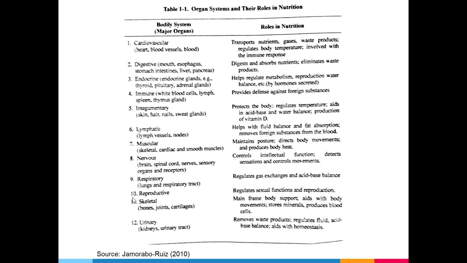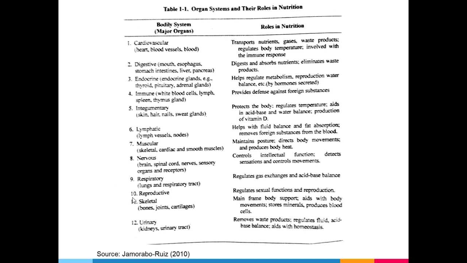Okay? If the nutritional status of a woman is not good, like if she is obese or underweight, she is also less likely to get pregnant. So yeah. We also have the skeletal system. Our skeletal system houses the bones, and the bones are the reservoir of calcium, phosphate, and other minerals.